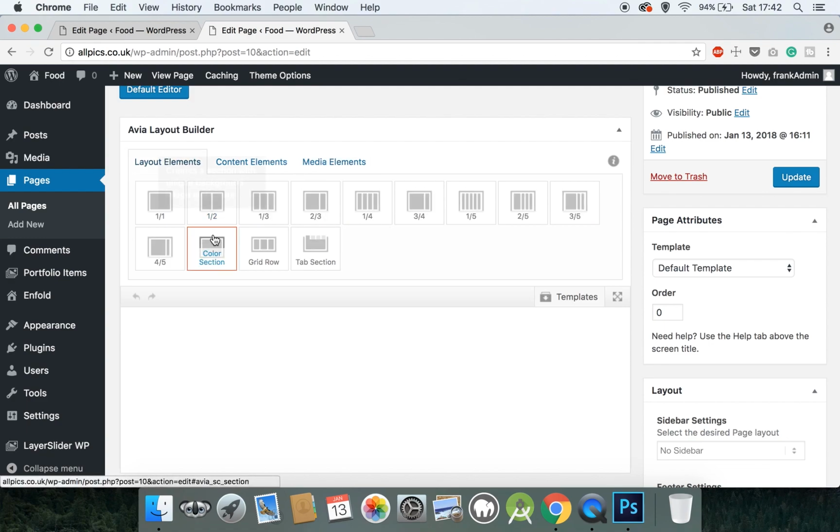So to begin with, we're going to need a color section. So either click or drag this color section below, and then click on this little edit section. It looks like a pencil and a blank piece of paper. So let's do that,